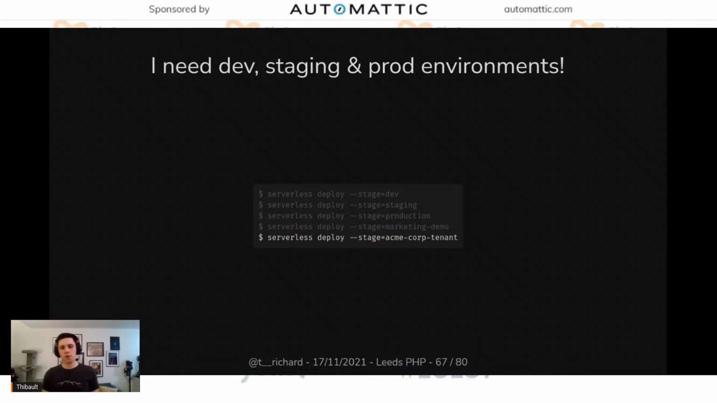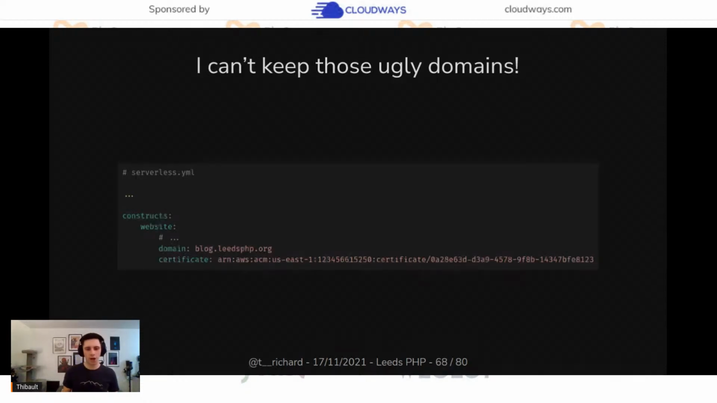All right. And the last thing I talked about was I don't want to keep those ugly domains ending in .cloudfront.net. I want my own domain. And so let's say you and Irene here at Leeds PHP are really into serverless now because of this talk, and they want to host a blog for Leeds PHP. Well, they can just add to the Lift constructs, the server-side website construct, a domain like blog.leedsphp.org with a certificate,